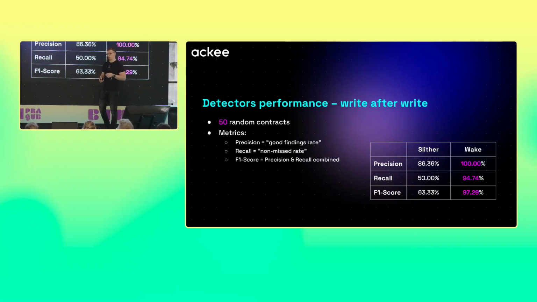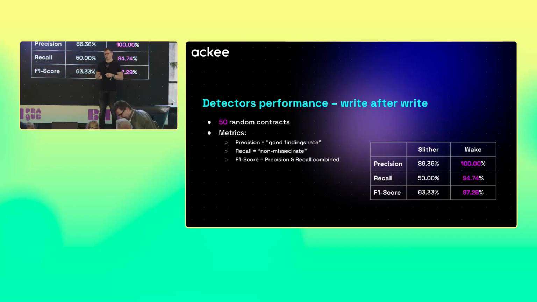When it comes to performance of detectors, we don't usually care about execution times. We care mainly about false positives and false negatives. So we've taken one single detector, in this case, write after write. So we are writing a single value into a variable, and then we are writing maybe a different, maybe the same value to the same variable, but we didn't use the previously written values. So the first write was basically useless.